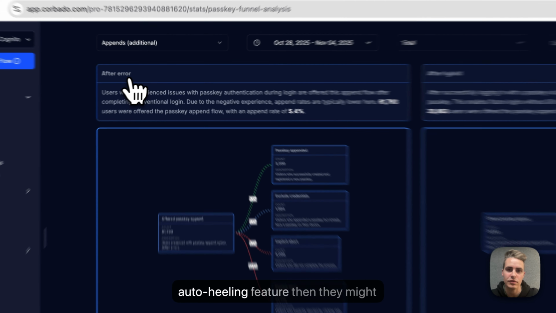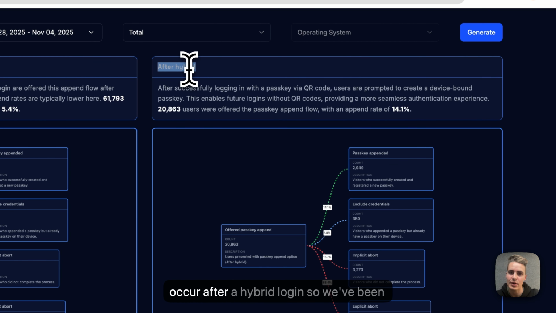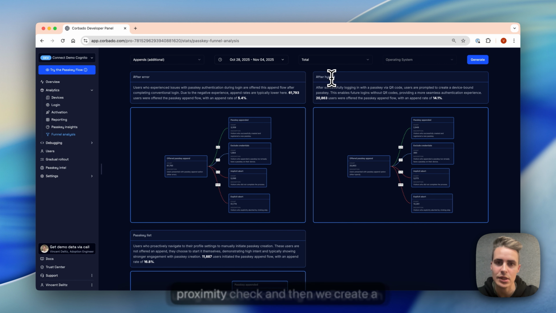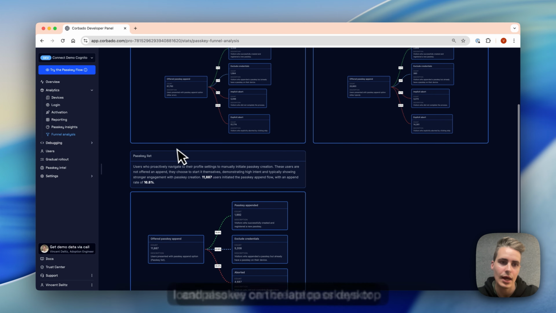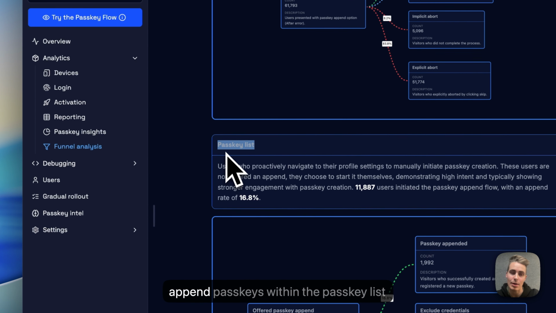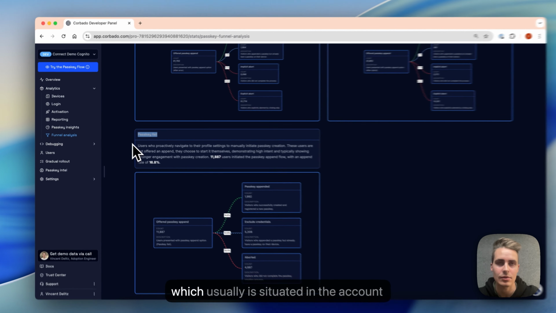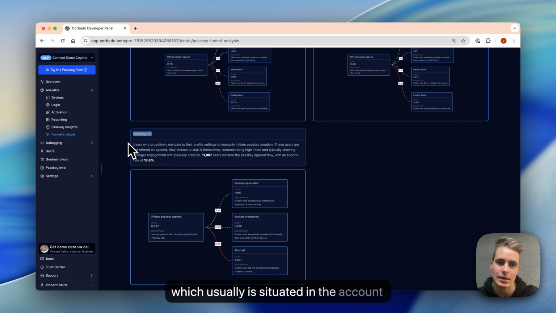So this is our auto-healing feature. Then they might occur after a hybrid login. So we've been using QR code scanning and Bluetooth proximity check. And then we create a local passkey on the laptop or desktop. And also we can create passkeys or append passkeys within the passkey list, which usually is situated in the account